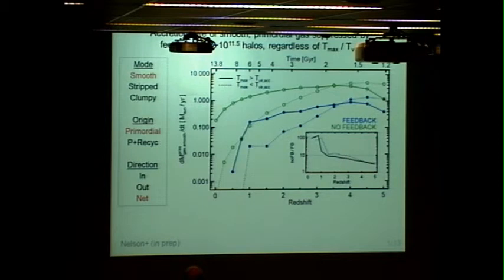If it's coming into the galaxy, but it's previously already been in the main progenitor branch, I call that recycled. And so here, I'm comparing the accretion rates of smooth primordial gas onto galaxies, focused on massive halos around 10^11.5. The feedback is in blue, and the no feedback is in green. And you see the general feature is that the introduction of feedback suppresses the rate of smooth primordial gas accretion